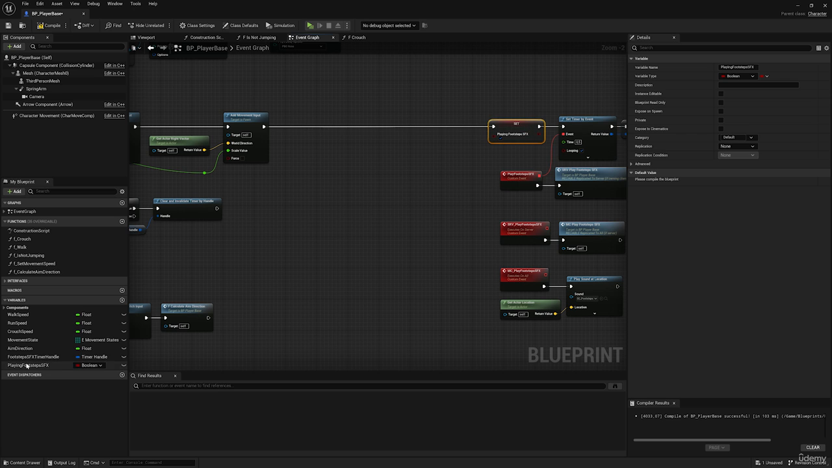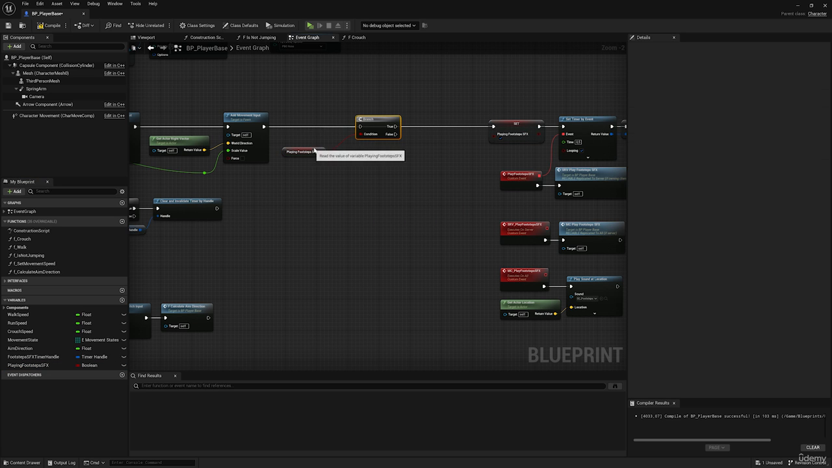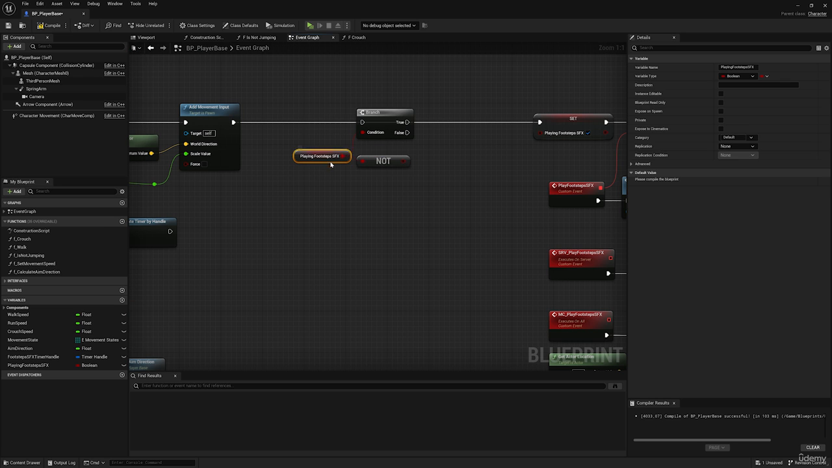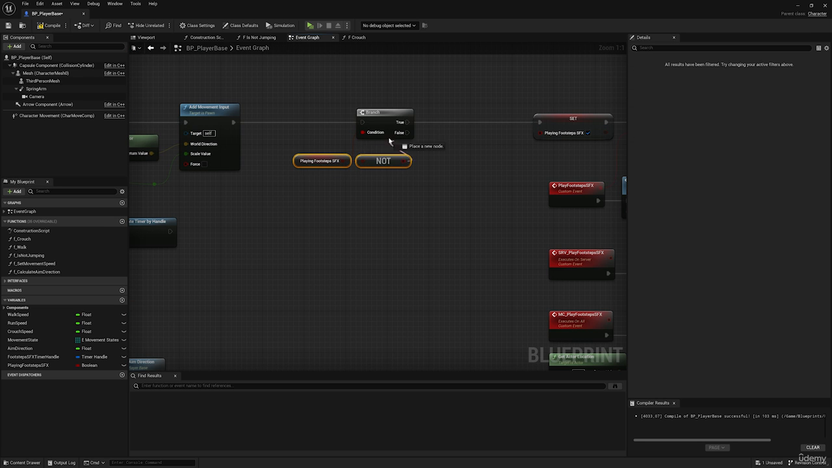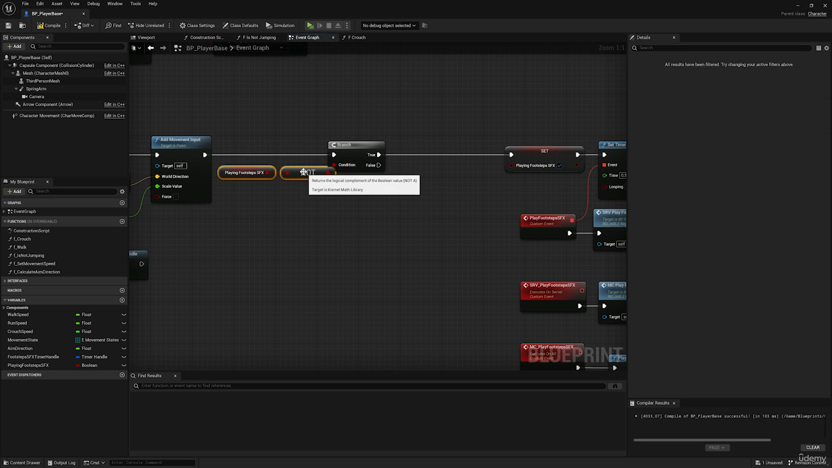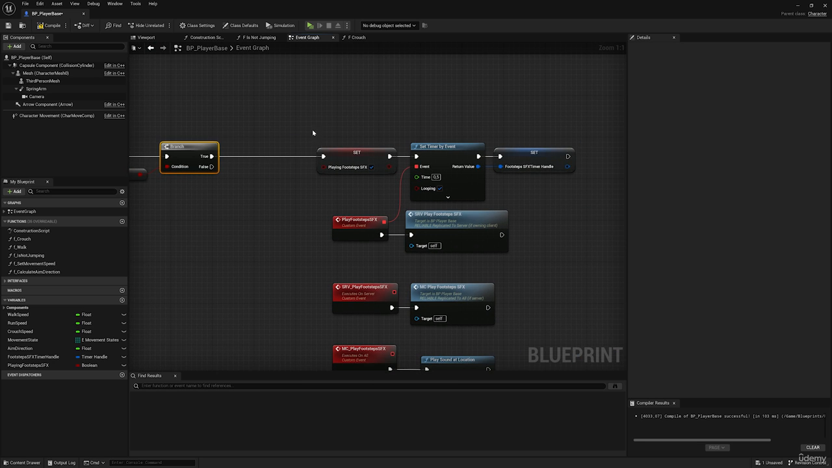And before we do this, let's take this and make a branch. So first we're going to ask if we are playing the sound effects or not. Now, just to make it more readable, I'm going to drag from this and write not boolean. So when we are not playing the sound effects, I want to go ahead and play the sound effects. We don't need to run the footsteps sound effects when we're already running them. So if we are not playing the footstep sound effects, then we can go ahead and play the sound effects